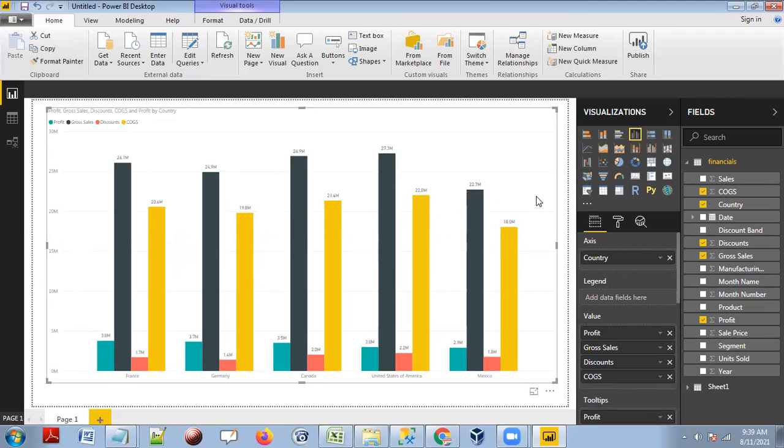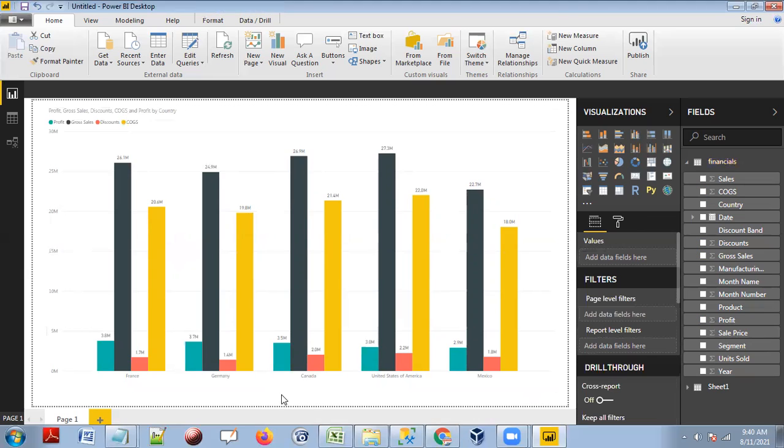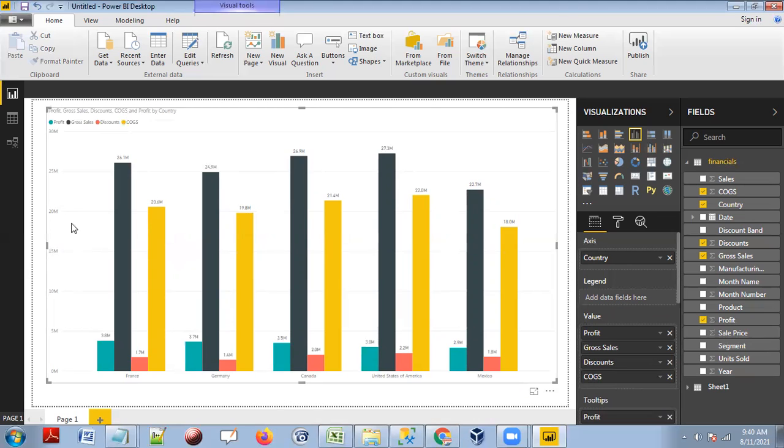So in this case, we are using this clustered column chart. That's bar chart, column chart, whatever it is, we can say that. These are all column charts, guys, or else bar charts. Usually a bar chart represents this side, this left side, this one represents a bar chart. But this is a column chart. So this is what, guys.